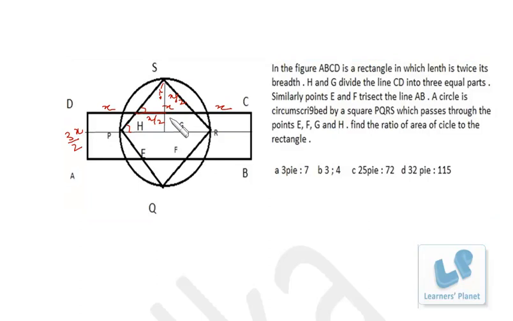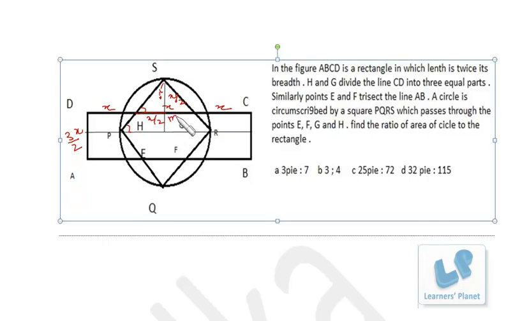I suppose this point to be, say, M. So SM is X by 2 because HM is equal to SM, since both the angles are 45 degrees. So this length is X by 2. Now from this point to this point, the total length, the height, is 3x by 2. That is nothing but the breadth of the rectangle.